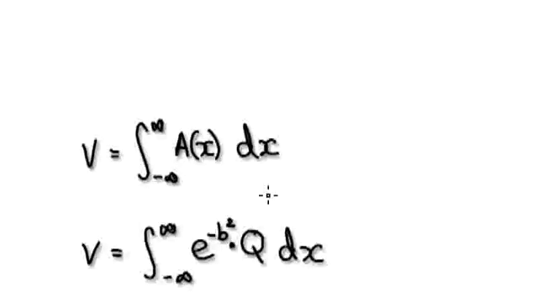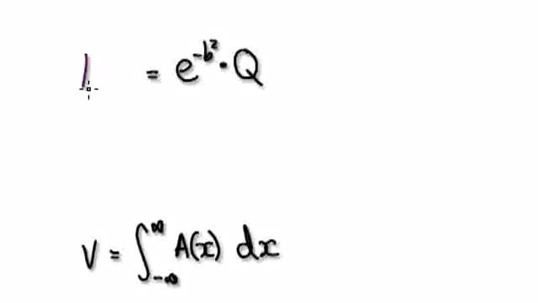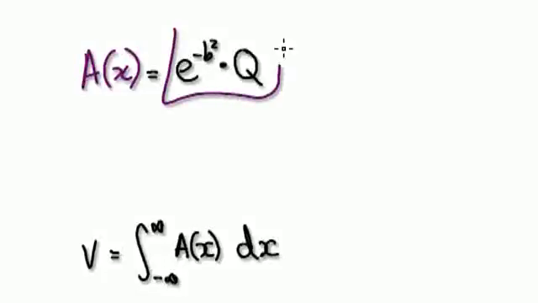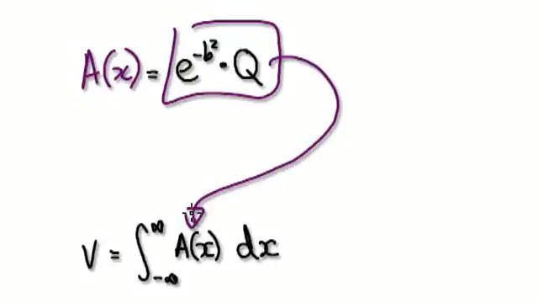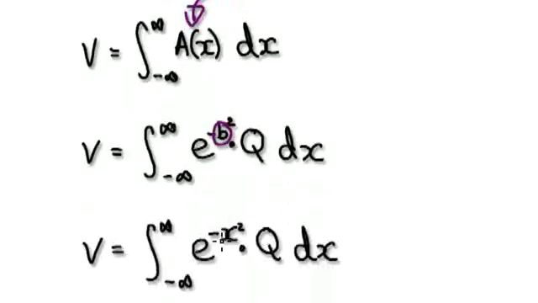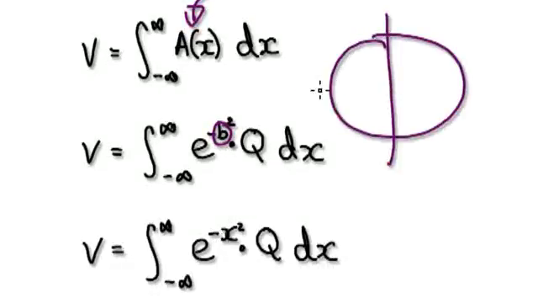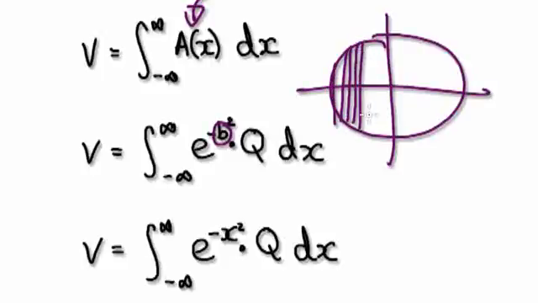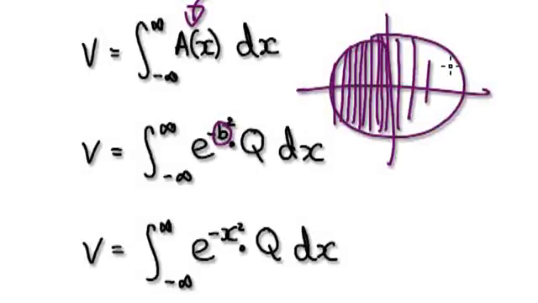So going back to here, I hope you understand. Going back to here, we've got the area here. The area is given by this here. So now to get the volume, we need to sum up all the areas. So we put it into here. That would then give us this. But then the b, well, because we're summing up everything, we're moving in the x direction. So x is moving all the time. So this b here, last time b was for one specific case, but because x is moving along,